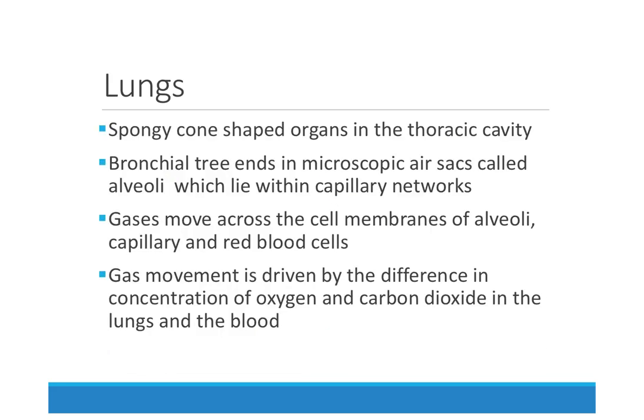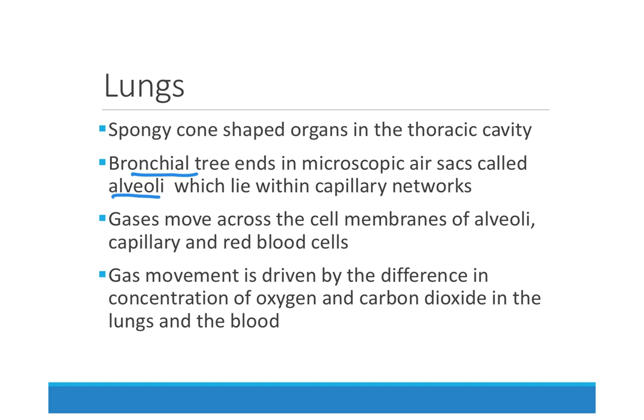Remember, our lungs are spongy because of all the little alveoli. They're sort of cone-shaped organs, smaller at the top and larger at the bottom, that live in the thoracic cavity. And the lungs are made up of a descending number of tubes, bronchi, to create the bronchial tree, that all end in the microscopic air sacs known as the alveoli, which are lying in the lungs within